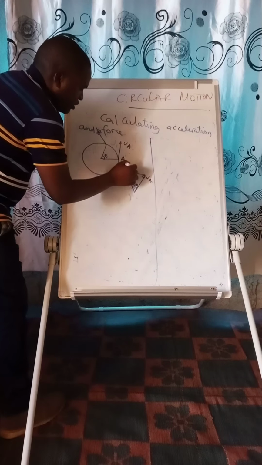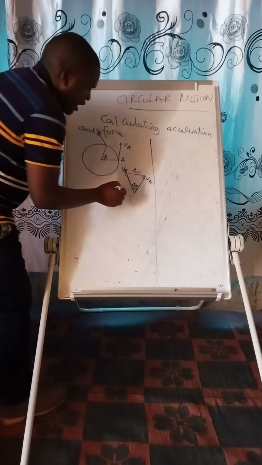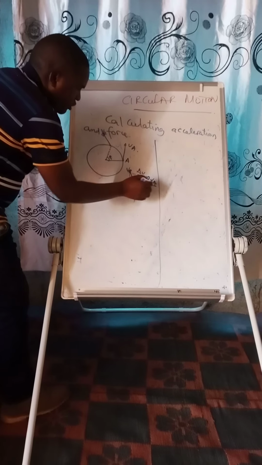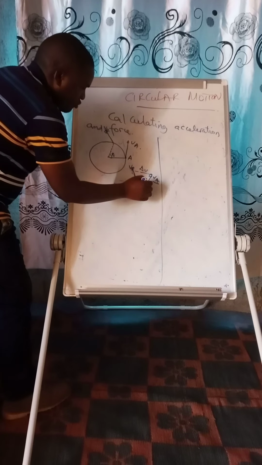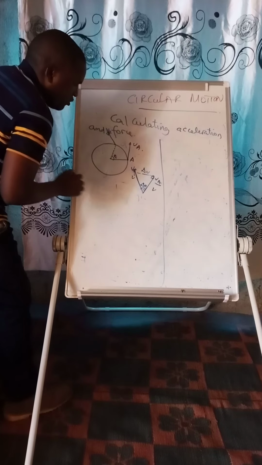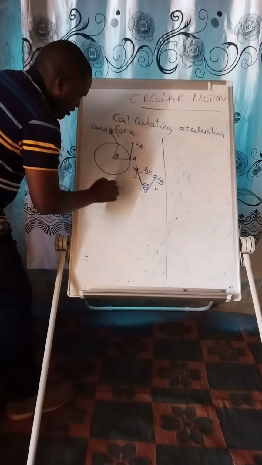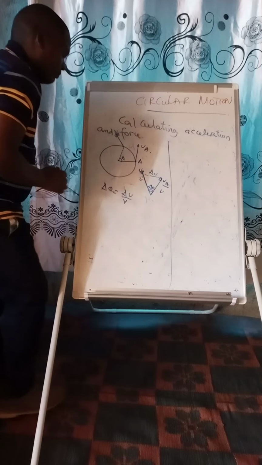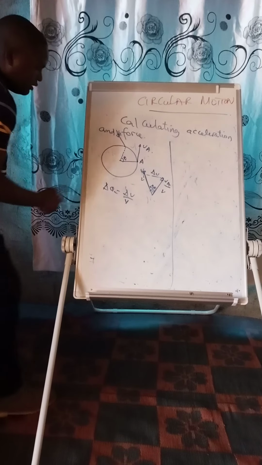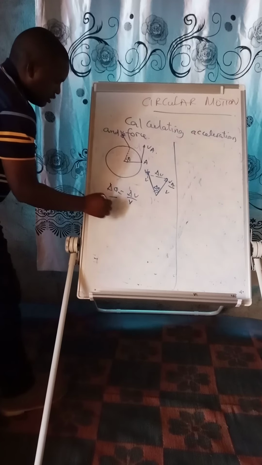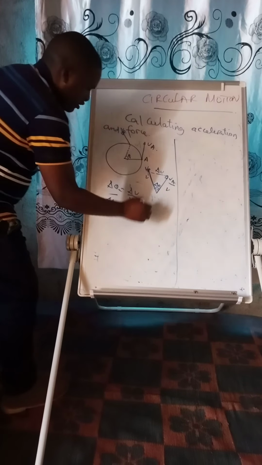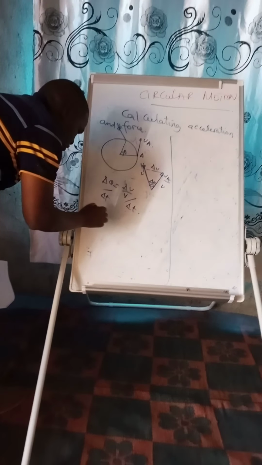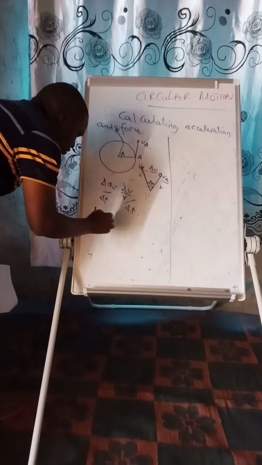Our change in velocity will be change in V. Now the speed is constant, let's say V. So our theta is given by change in V over V. If you divide by time on both sides, change in theta over change in t,